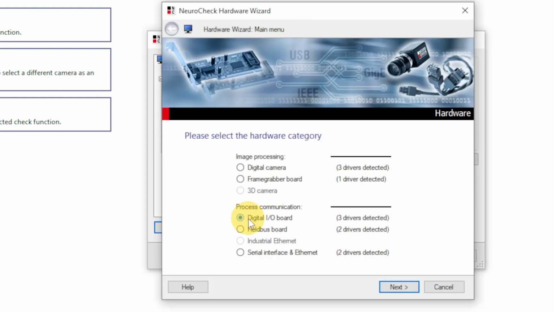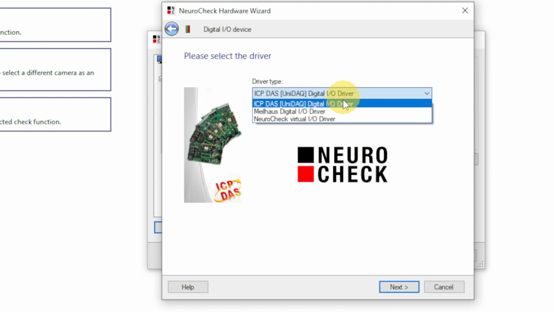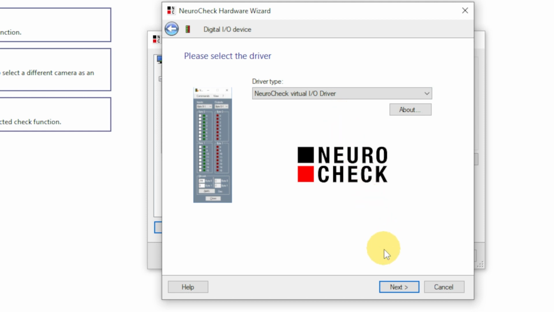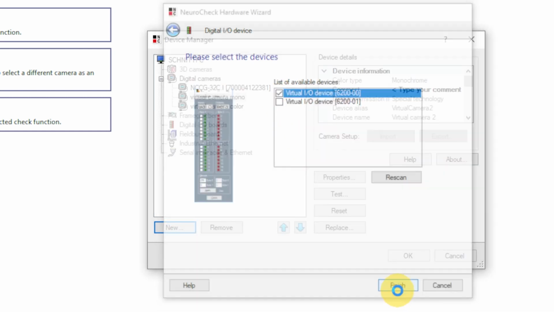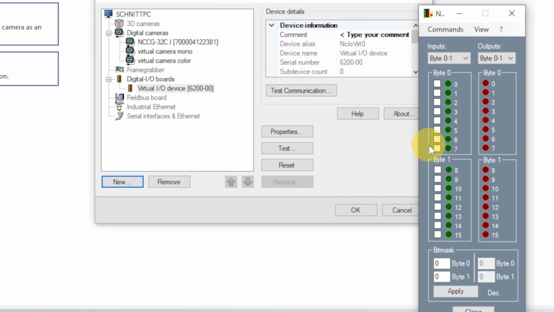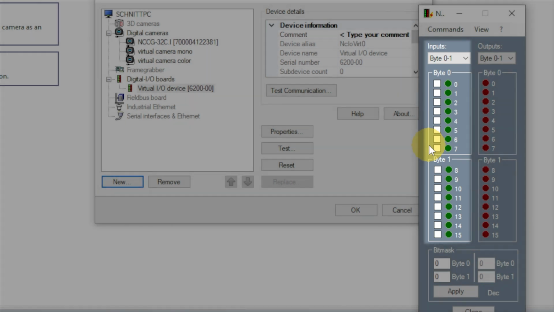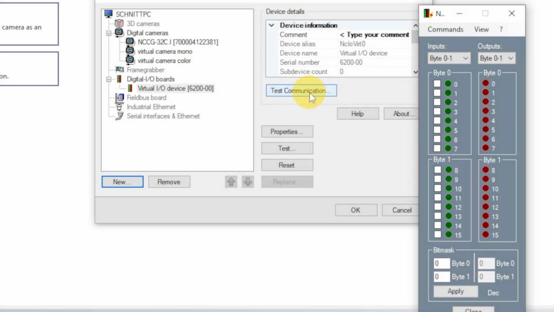In addition to the virtual camera, virtual digital I/O boards or virtual field buses can be added to simulate the process integration. To do this, we select the virtual I/O driver and an available device. This is the virtual I/O board, with green lights for the input bits and red lights for the output bits. With I/O devices, we can use this button to test the communication.